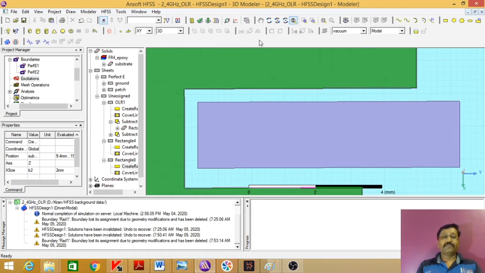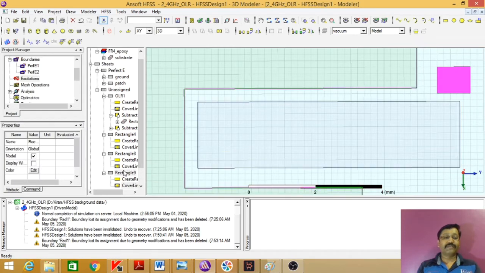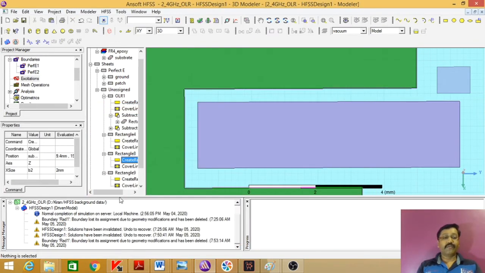So it gives you very simple solution to add another rectangle as well. We'll simply draw the rectangle as we did in previous case. We'll take the coordinate values from here. It reduces our workload.